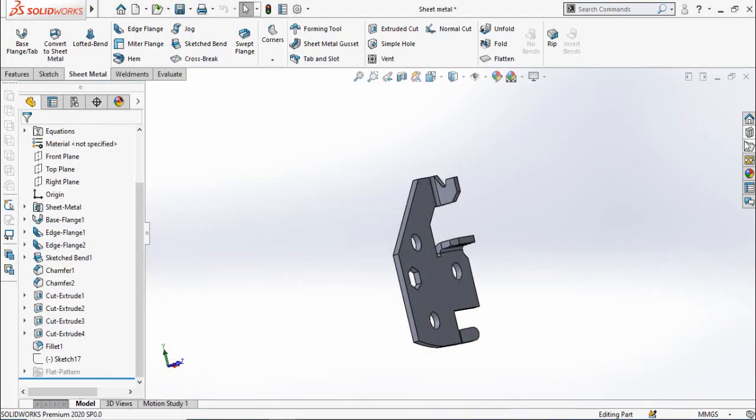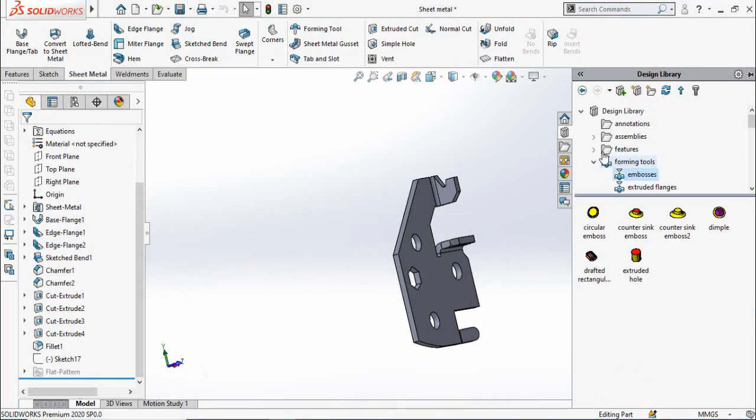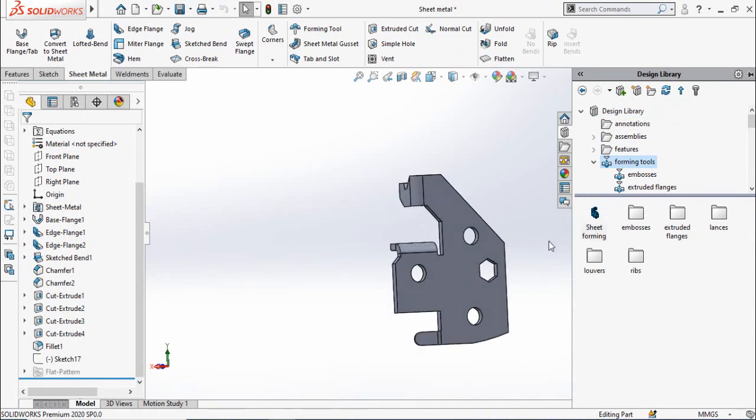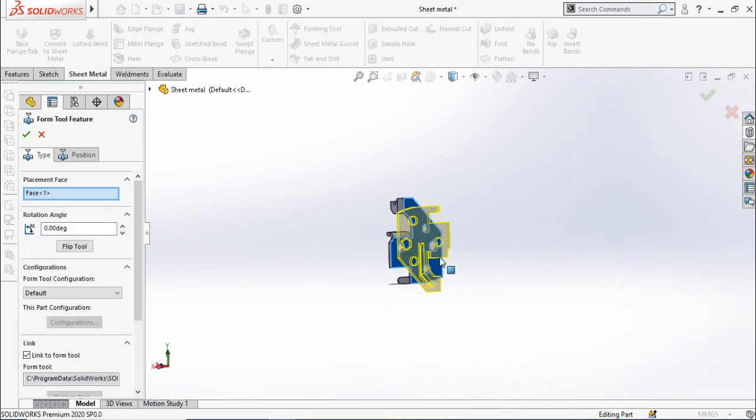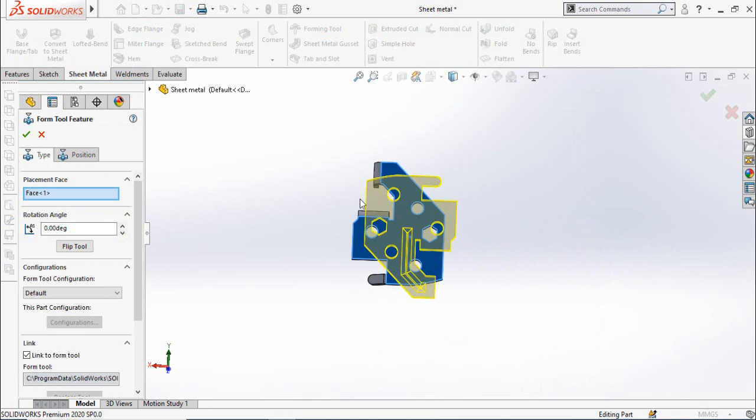So click on design library here, and first of all you have to drop down the design library, then go to forming tool, and here you have saved that forming tool. Now click and drag this tool up to this part. Now if you can see the preview has been generated,